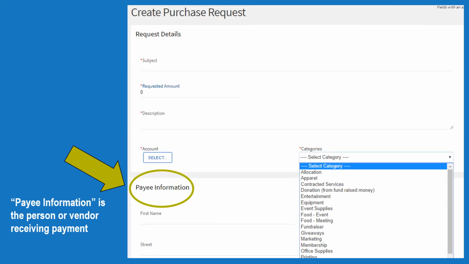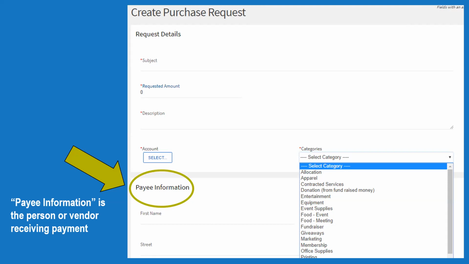Description. What we need for the description is the actual description of what you're paying for. Don't put DJ. Put DJ package with light system for 3 hours. The reason you're doing that is if he shows up and he doesn't have his light system, we know not to pay them. If you negotiated something specific with that artist or that vendor, make sure you put it in that description, because that's what we're going to put in the contract, and that's what we're going to be expecting. That's the services we're going to be